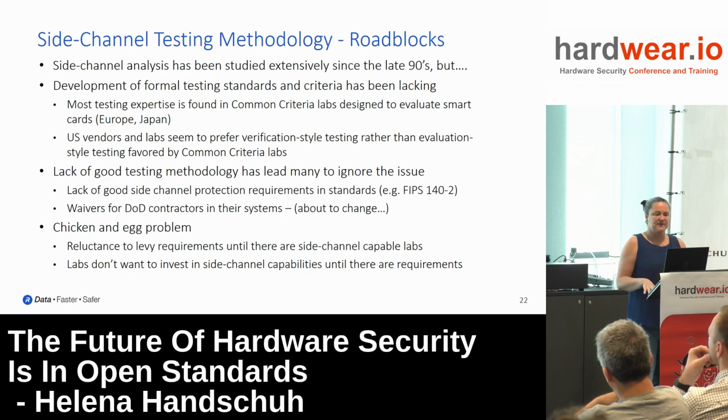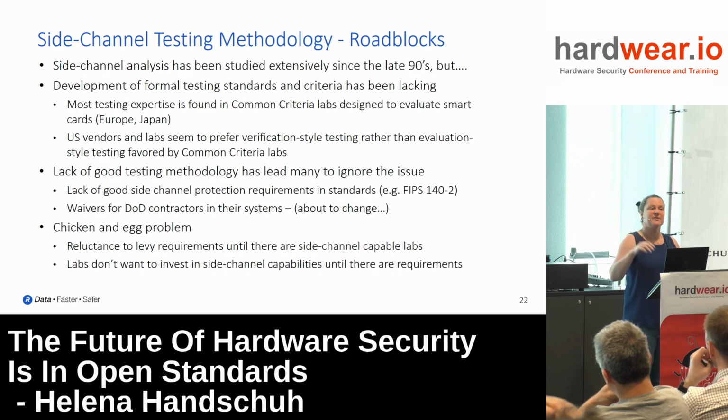In the US, for example, it's very different. Labs don't typically have all of that kind of expertise and don't necessarily want to build it up at the start. So what they're looking for is more of a checkbox-like testing. So it means, okay, run these tests. If they all pass, like the FIPS random number generator test, for example, if all of that passes with these specific test vectors, then your implementation is secure. How do you do that for side channel analysis? That's a very tough question. It's not easy to do at all.